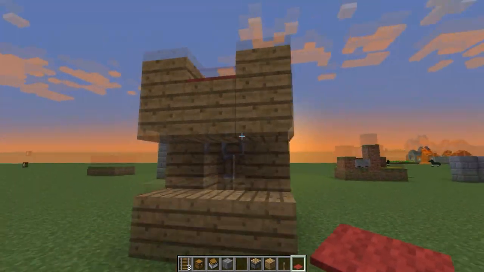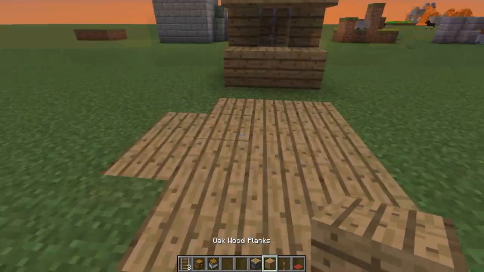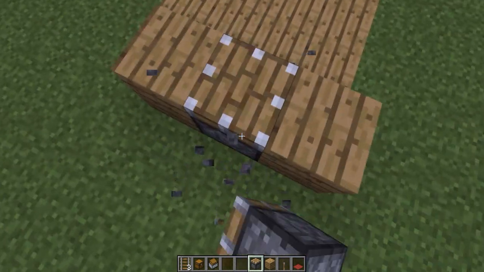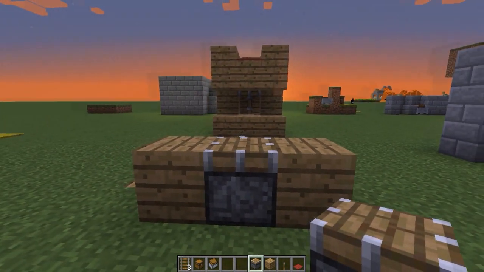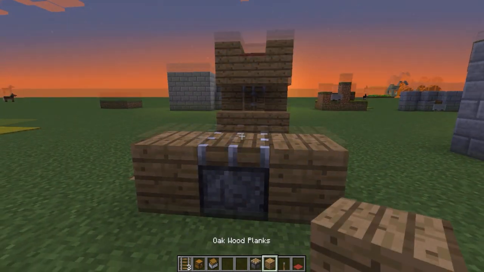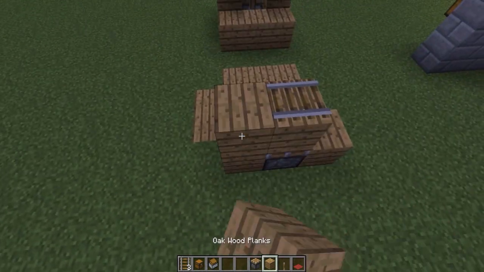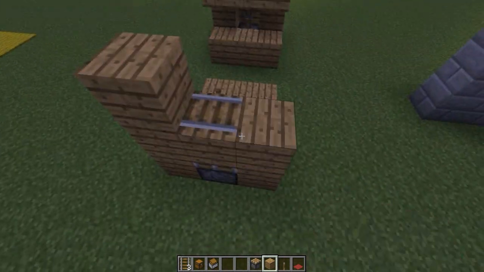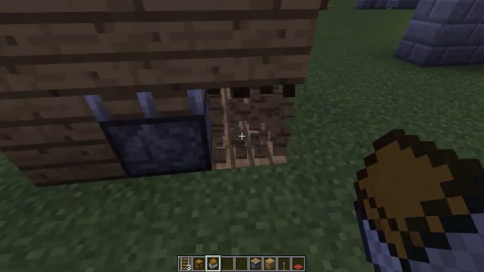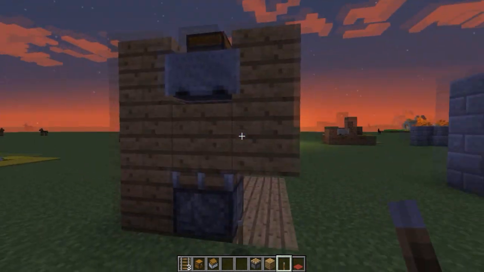Now if you want to make something like this, what you want to do is, you want to get your piston, have it facing upwards, and then you want to get another block and put it on top, and then you want to get your minecart. Make sure you got like a little barrier on the sides because you don't want your minecart falling off. So you push it up,